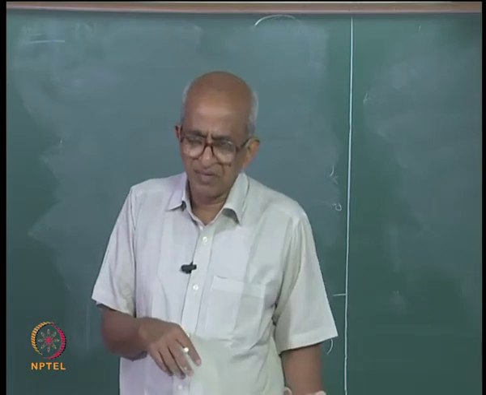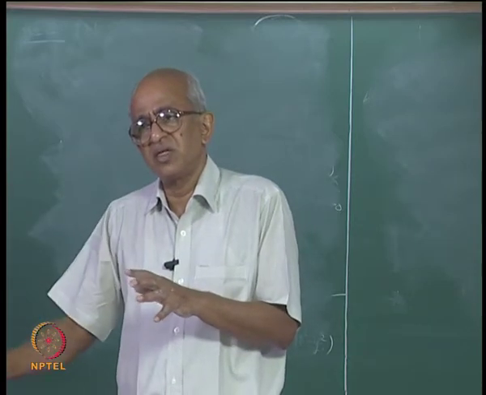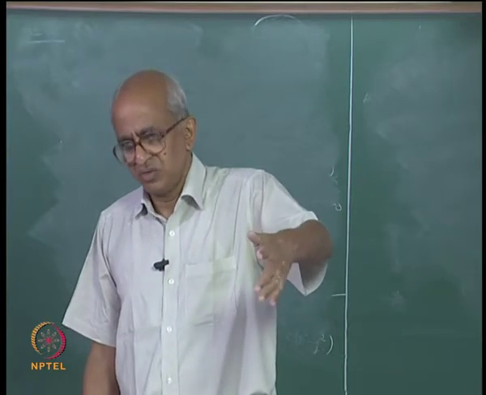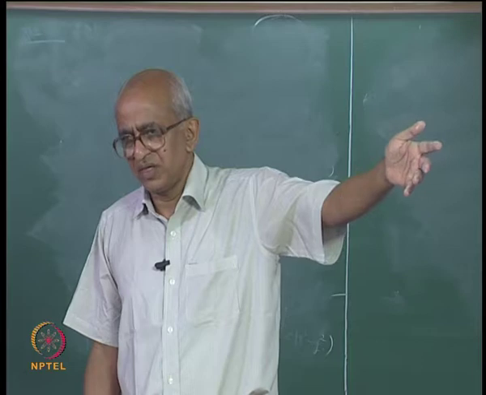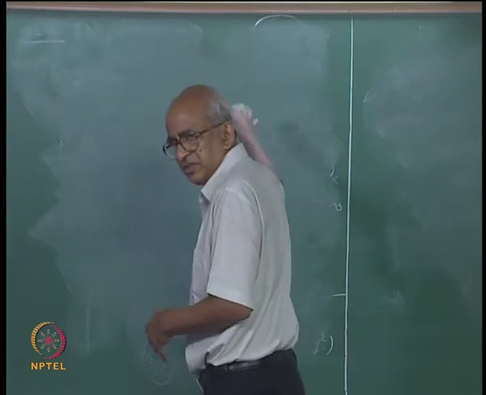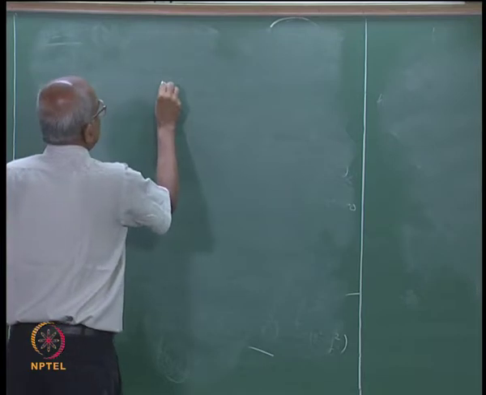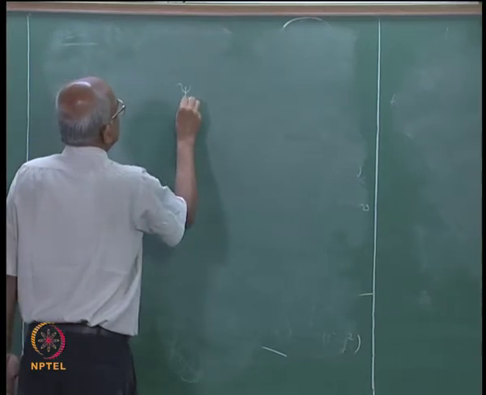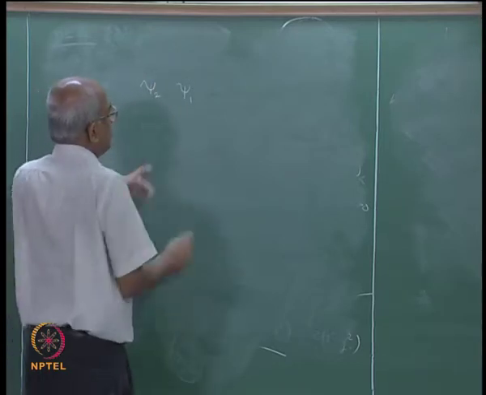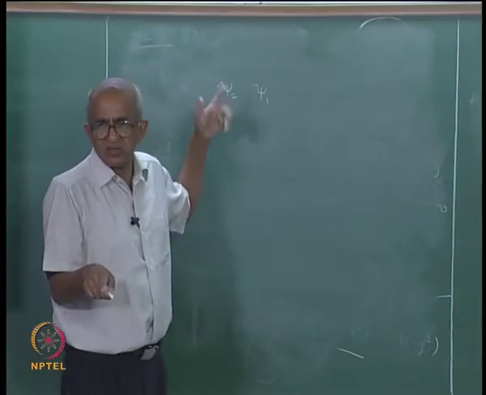For the hydrogen atom, I have not demonstrated it, but it is possible to show that if you give me a 1s atomic orbital, this 1s atomic orbital will always be orthogonal to the 2s, and it will be orthogonal to the 2p. So, if you give me any two wave functions which are solutions of the Schrodinger equation, I take the first one, which I may denote as psi 1, and the second one, I may denote as psi 2. For example, this may be the 1s atomic orbital, this may be the 2s, or it may be the 2p,